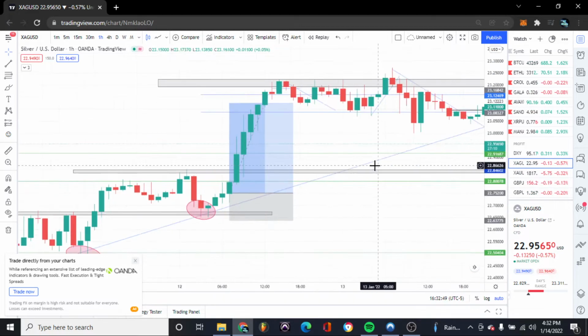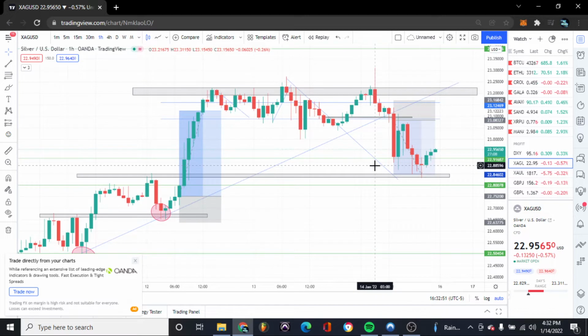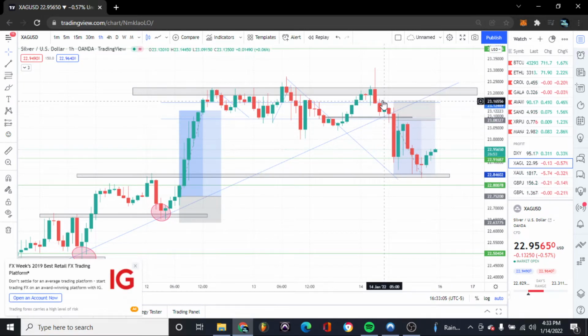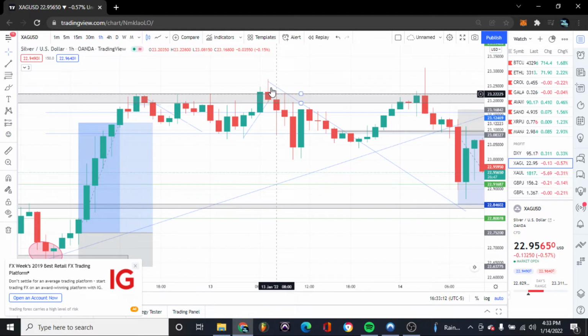Now, over here, you can see that price didn't want to come above this line. So I caught this trade over here. All of this hasn't happened yet, but I can still see that there's been a triple top. I also see that